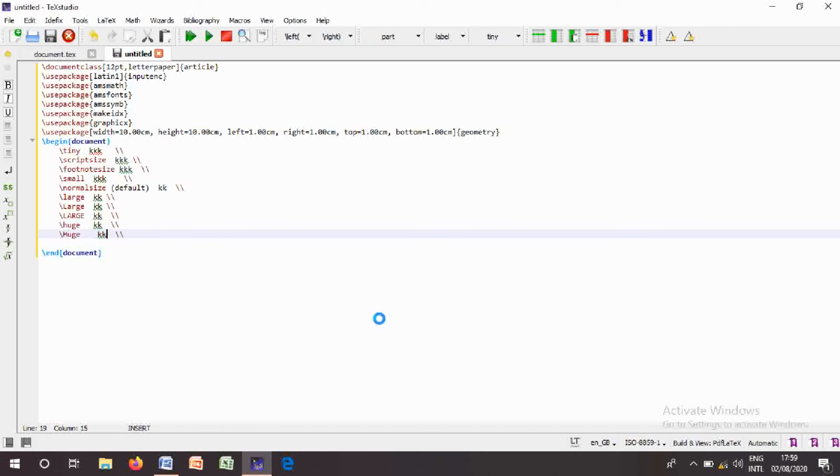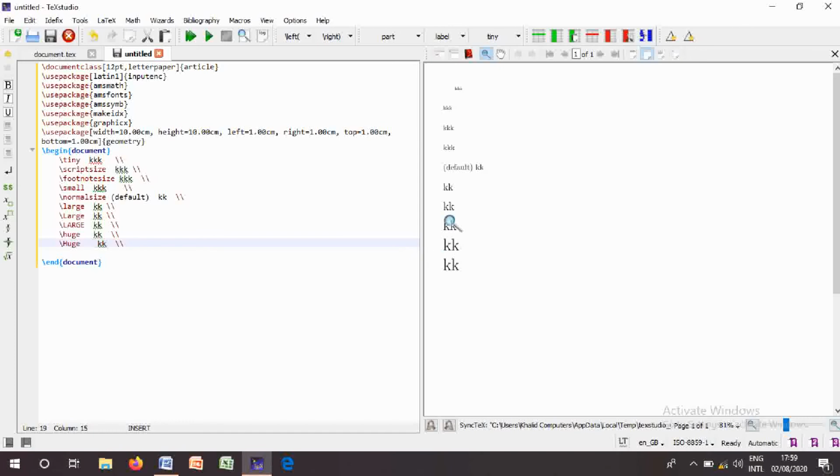Just wait, you can see them, their shape and their size, you can see that. We will